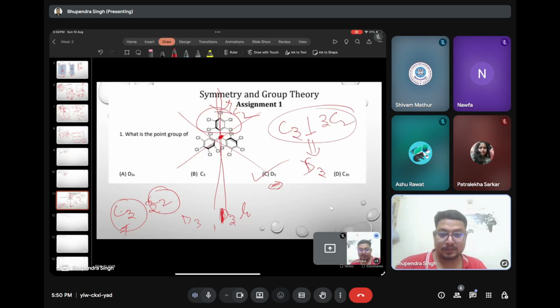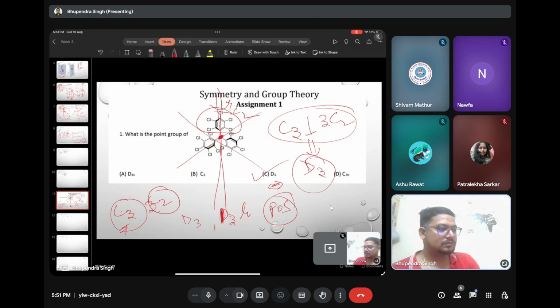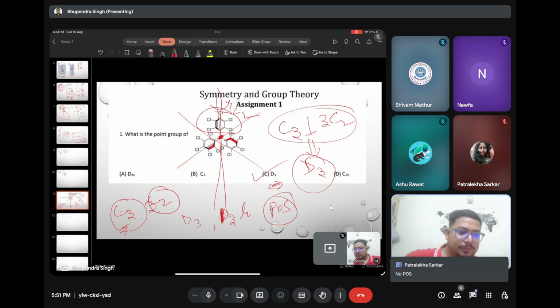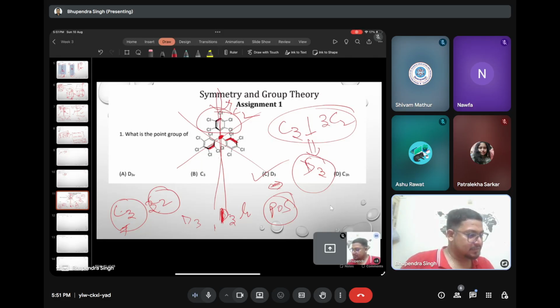Then you will find the plane of symmetry. But here, is any plane of symmetry present or not? If a plane of symmetry is not present, then this will be your point group. I think a plane of symmetry is not present, because if you pass the imaginary plane consisting of this benzene molecule,